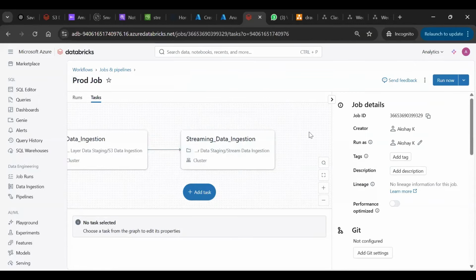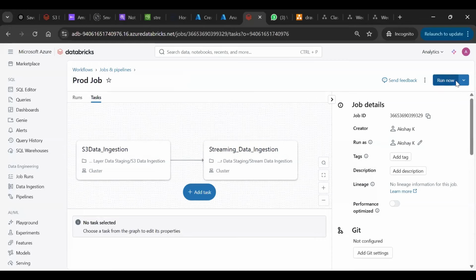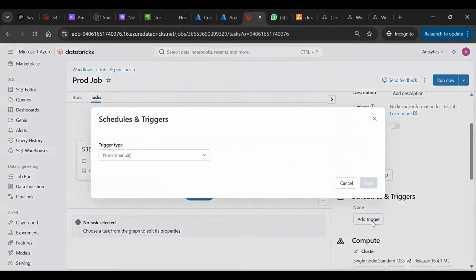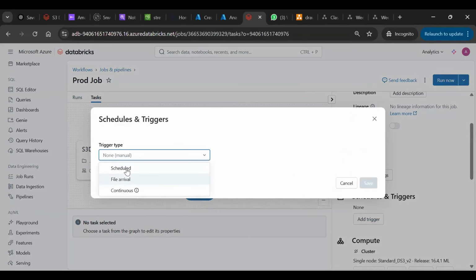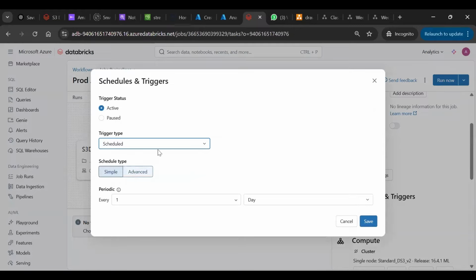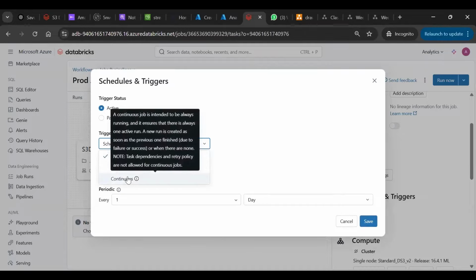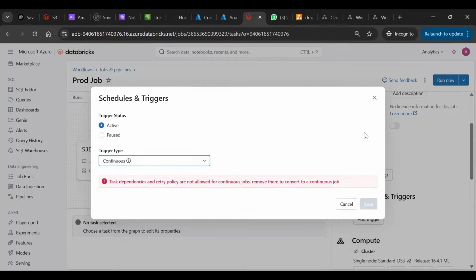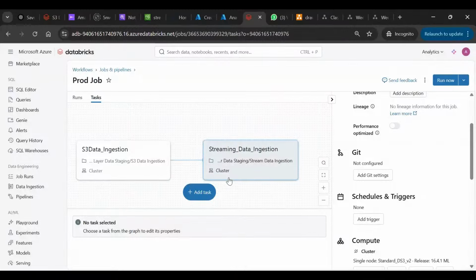So let's say I'm just giving our product job a name over here, right? And then I can schedule it via a schedule trigger, add trigger, and all the things I explained, right? The schedule, simple, advanced. You can even do a file arrival or continuous, right? For example, guys, there might be a requirement that you want to continuously run that job, right? So if you just click on a schedule,